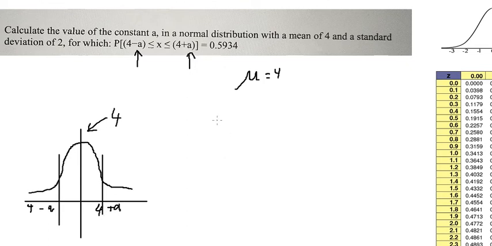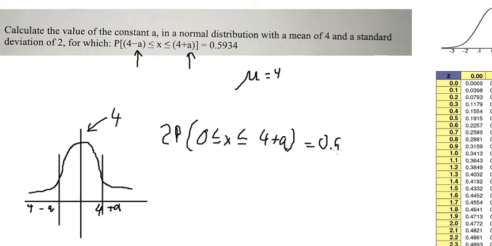So in this situation, I will find 2 times the area from 0 to B and from 4 to 4 plus A. Because this area on the right is equal to the area on the left, that's why I will put number 2 in here, equals to this one. So if we divide both sides by number 2, we will have